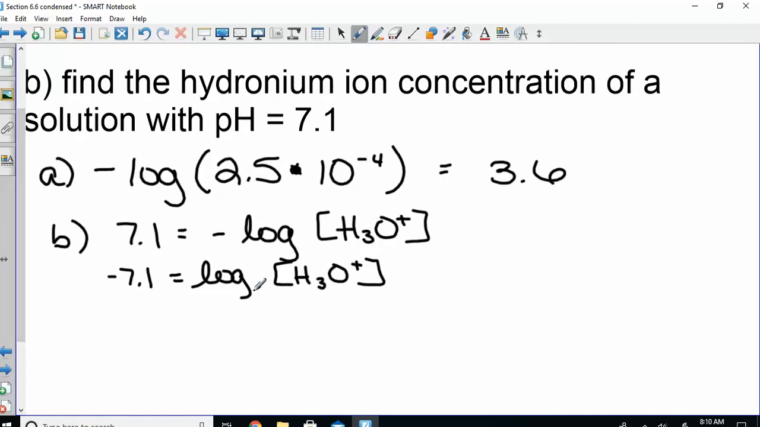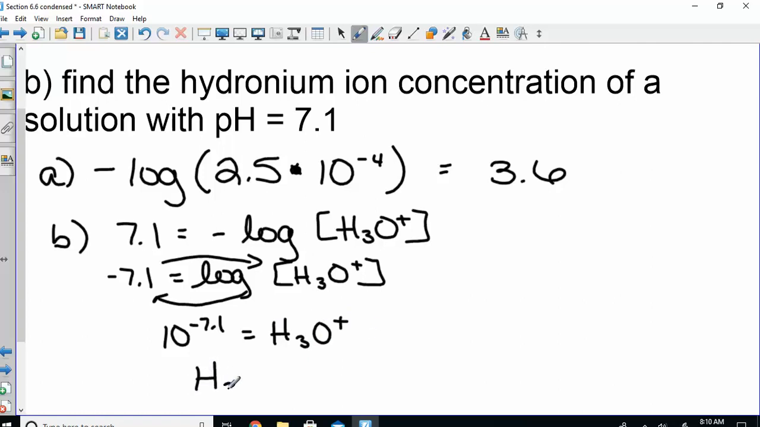If you have a log on one side, we always change it to the exponential. What's the base of this log? So it's 10 to the negative 7.1 equals the thing I'm trying to find, my H3O+. So if you type in 10 to the negative 7.1,